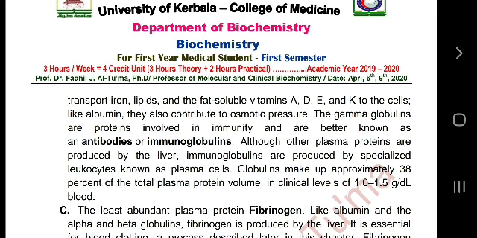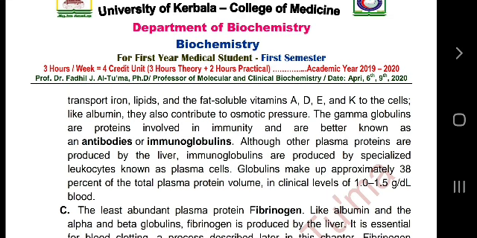They also contribute to osmotic pressure. The gamma globulins are proteins involved in immunity and are better known as antibodies or immunoglobulins. Although other plasma proteins are produced by the liver, the immunoglobulins are produced by specialized leukocytes